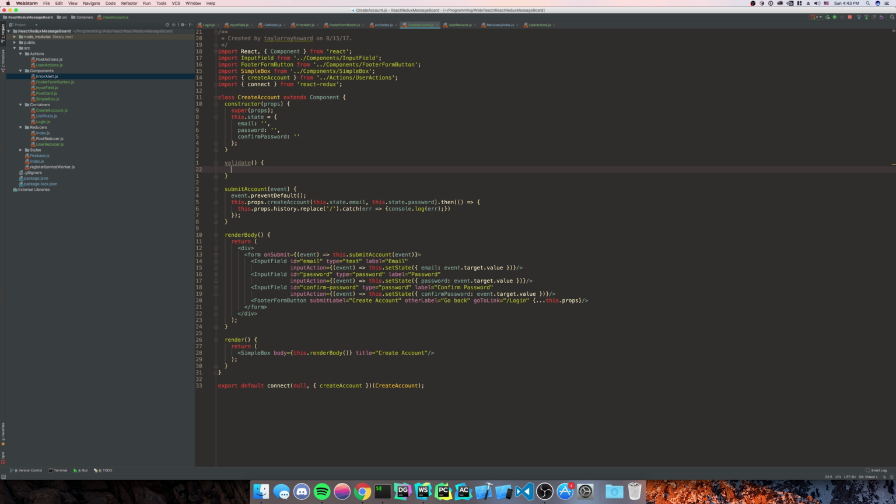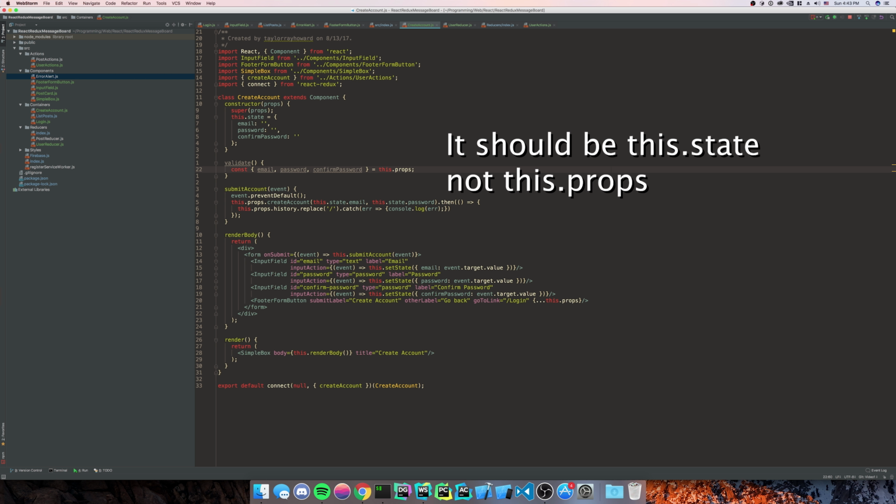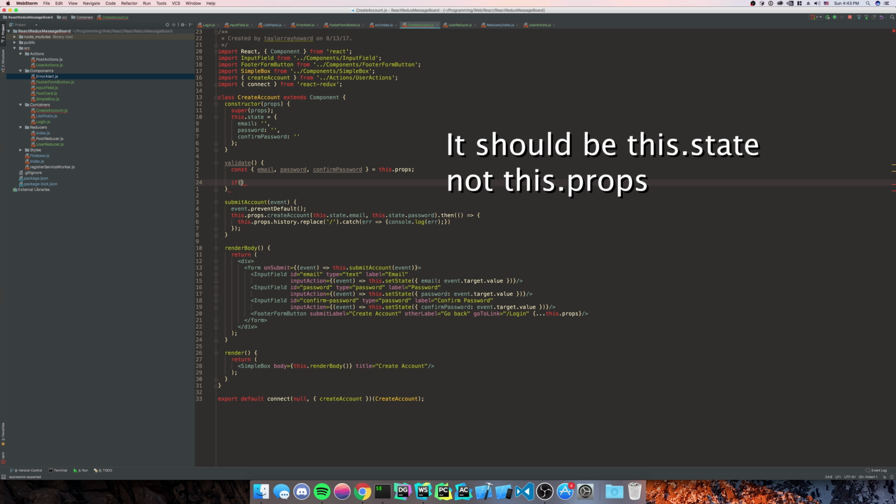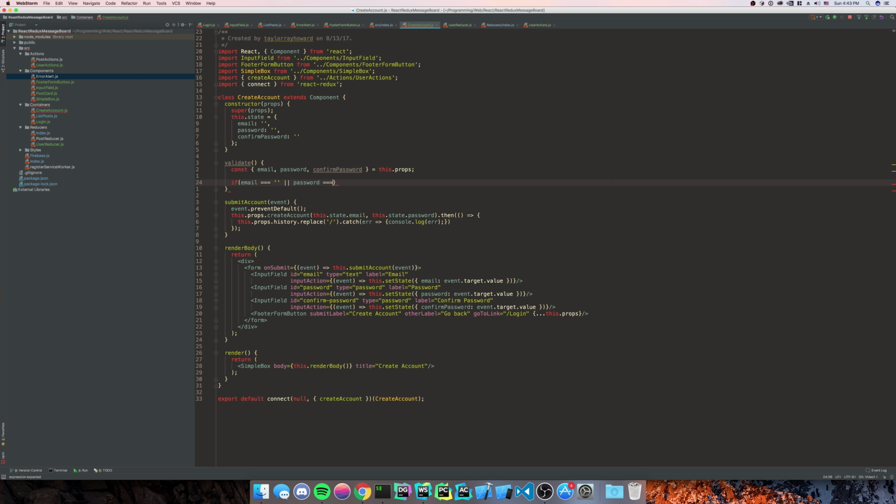So with this validate function, what are we wanting to check? We're going to get const email, password, confirm password is equal to this.props. So if email is equal to empty string, or password is equal to empty string, or confirm password is equal to empty string,